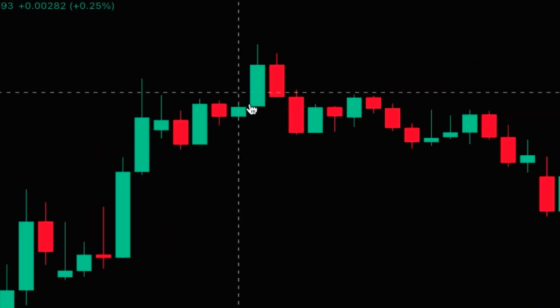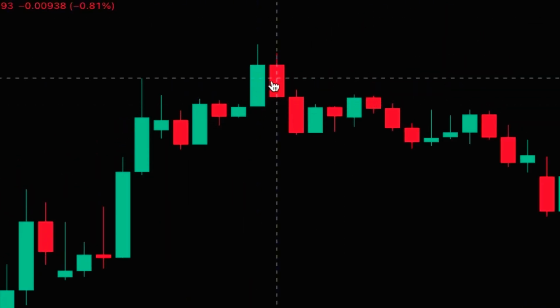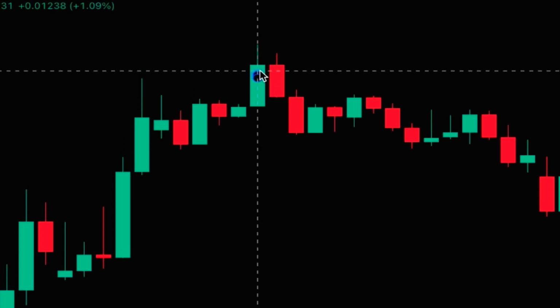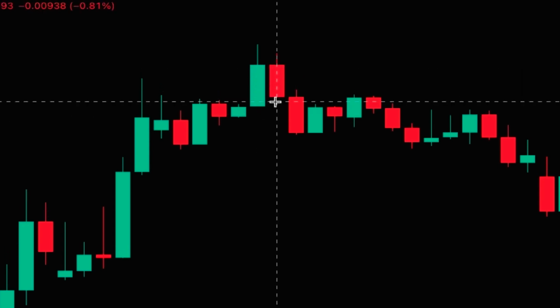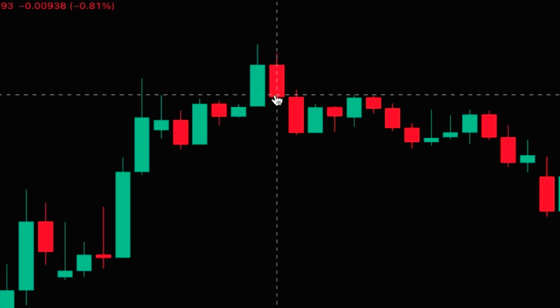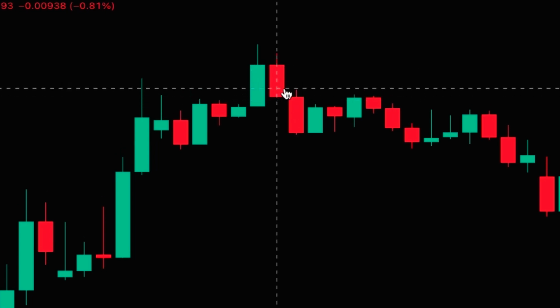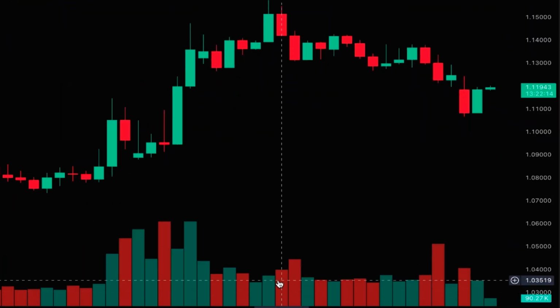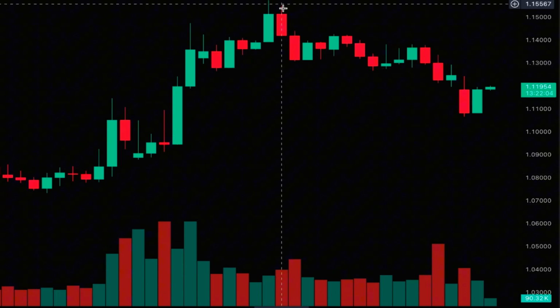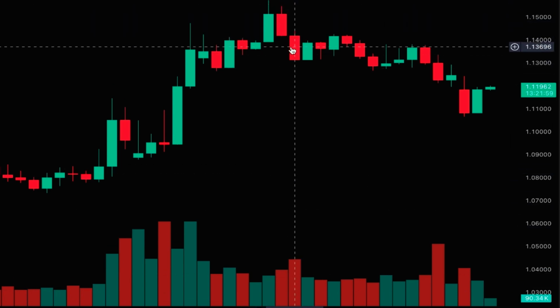But for example here, after this green candle, this red candle was able to cover the previous candle very well and closed below the midpoint of the previous candle, as you can see. This is a dark cloud cover pattern showing selling pressure, and this is happening with an increase of volume, as you can see. So we know that here we have higher selling pressure, and you can see how the price declined